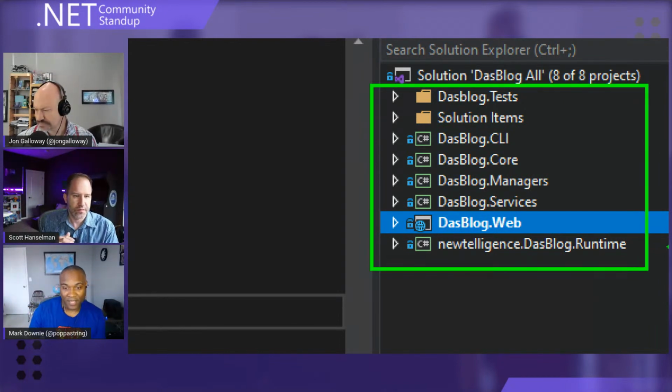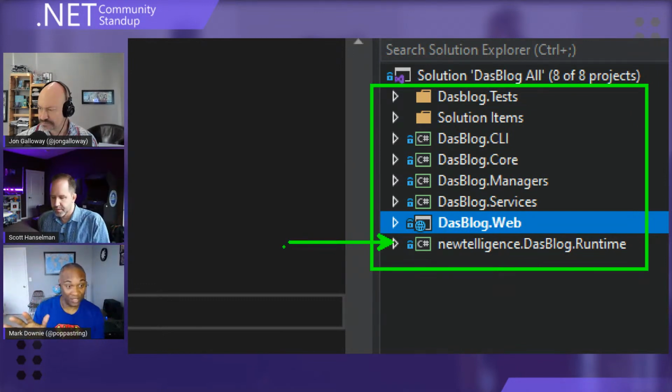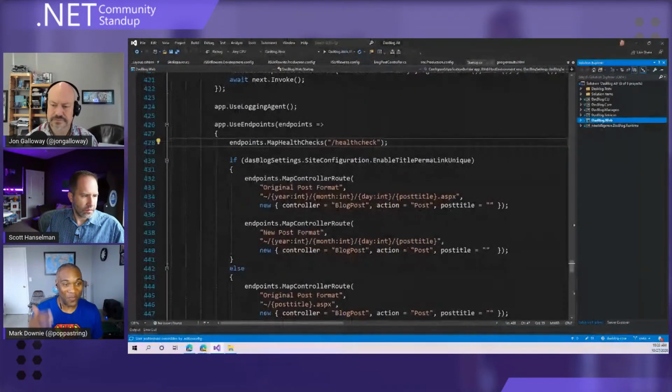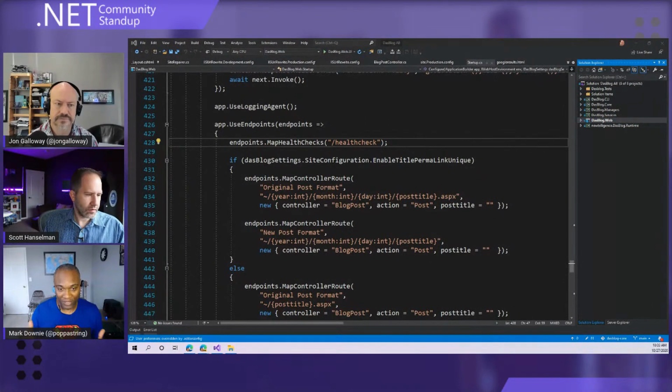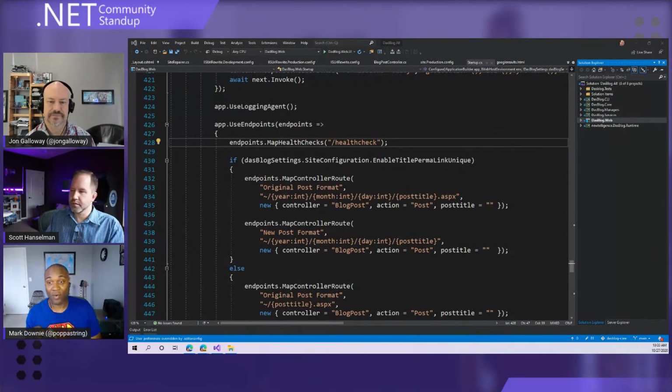Yeah, so fundamentally, the New Intelligence DOS blog runtime is really just a copy of what was started when Scott and Clemens and Omar started this whole project. That is to suggest these kind of raw types. Some of these are collections, right? Some of these kind of go back so many years to iterations of objects and types that we think about when we think about .NET 2.0 or .NET 1.1. So I pretty much left that as is.